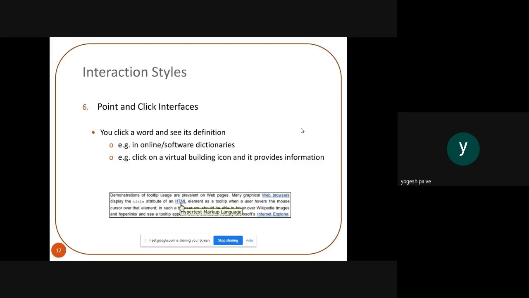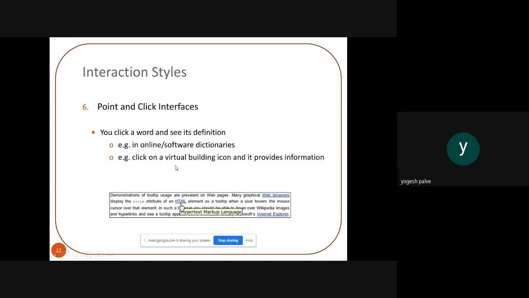The best example of this is online software dictionaries. Whenever you use an online dictionary and search for something, it will very easily answer the particular question. So such kind of application is very interactive in nature.